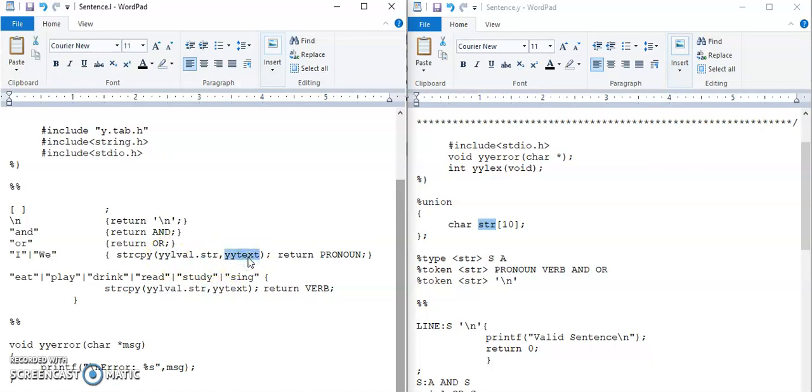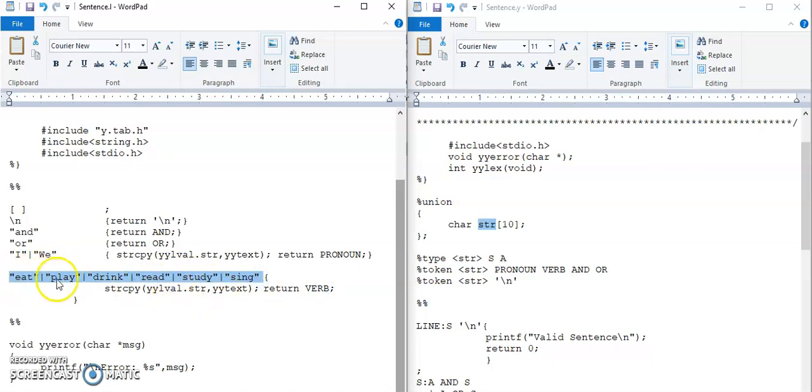And yytext will give the matched input. If the input is I, yytext will have I. If the input has we, then yytext will contain we. So whatever is the input, that is copied into this yylval.str, and then the token PRONOUN is returned. Similarly, for the verbs, we are going to consider these verbs.